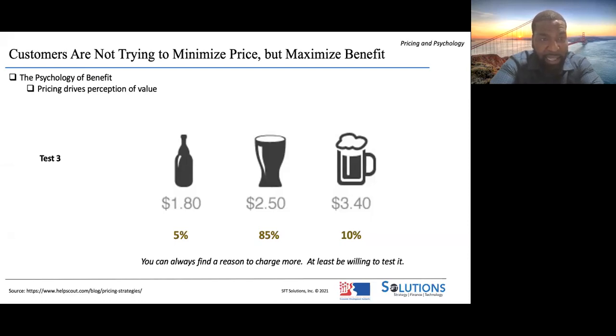Exactly. I think we all go through that. I mean, think about how many times you go into the store, and no matter what you're buying, you buy the absolute lowest cost option. I don't. I almost never buy the lowest cost option. So there's this relationship between price and perception of value that we have to be cognizant of as we set our prices. And not only that, I think aesthetics goes into play as well.